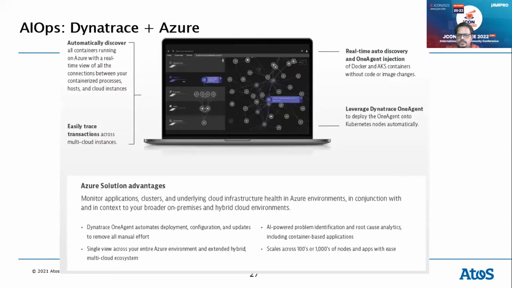And again, some capabilities you might not find. The next slide mentions that there are some elements that you might not find in some of the hyperscalers, so you'll need to combine them with capabilities from other ISV solutions as well. That's where we are showing that for real-time auto discovery, you need some of the solutions to be integrated into Dynatrace, as is automatic discovery as well. All these things have to be integrated, and you have to build a cohesive solution to take advantage of AIOps, which is explained on this slide.